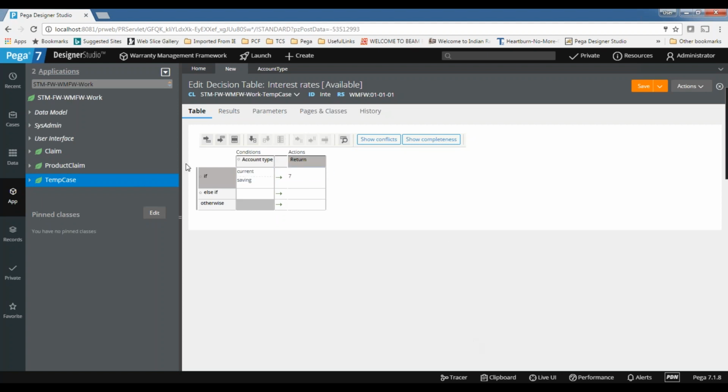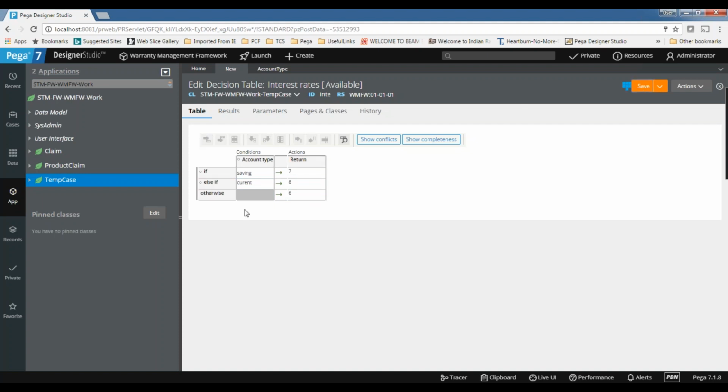So you read it like this: if the account type is current or if the account type is savings, my output is the same. So in this scenario, if the return value is the same for multiple values, then you can use this OR notation. Okay, and if you don't need this, you can ignore this. So if the savings account, else if current account, then 8, and otherwise 6.